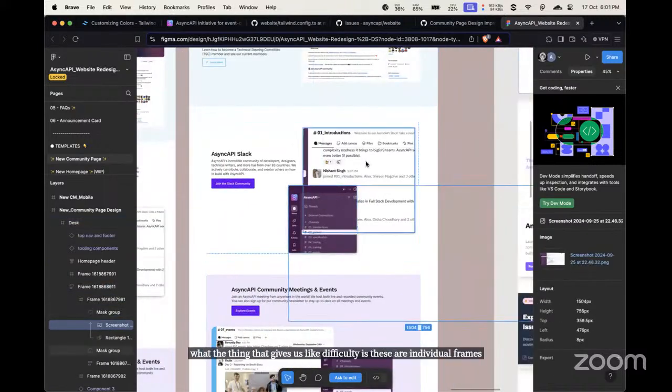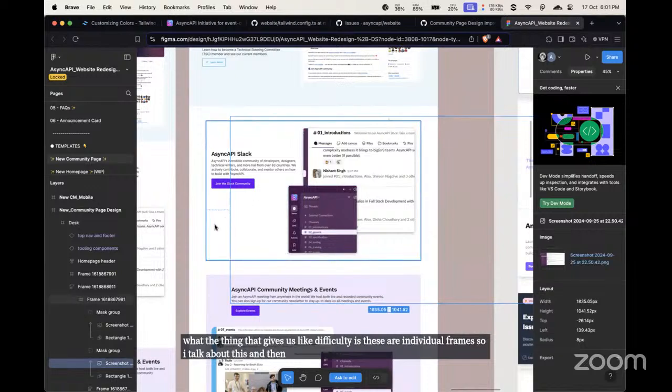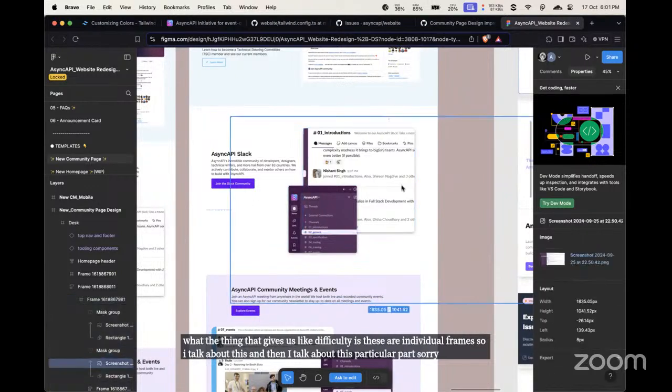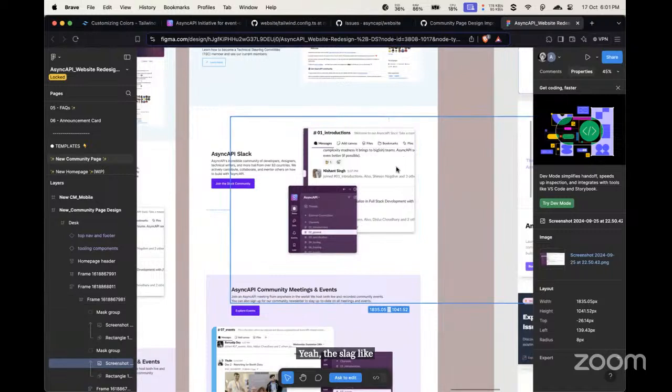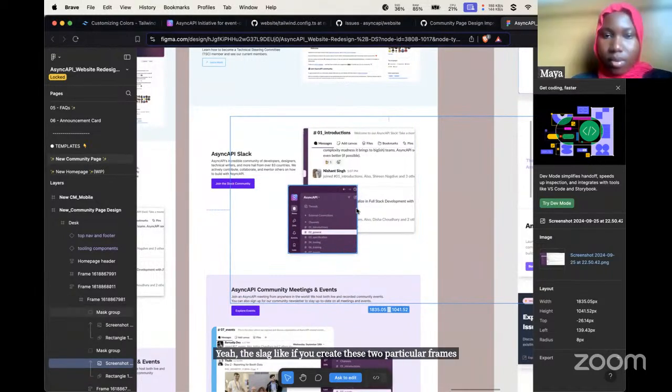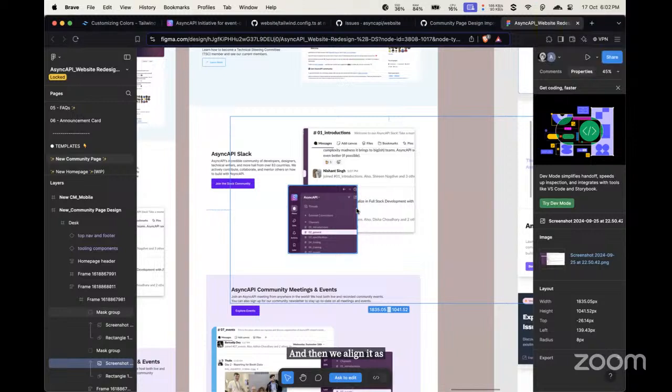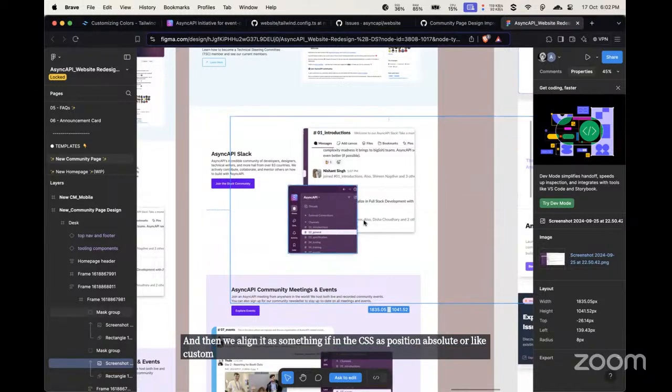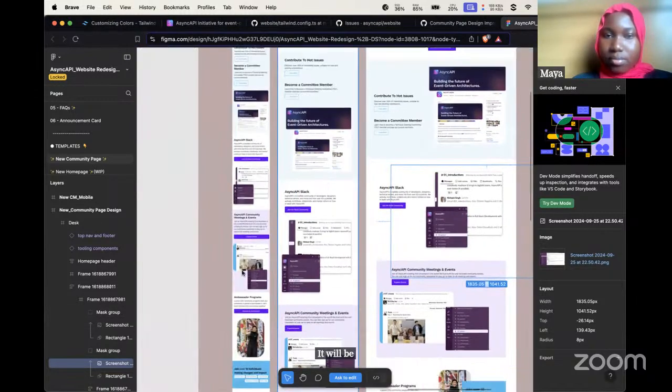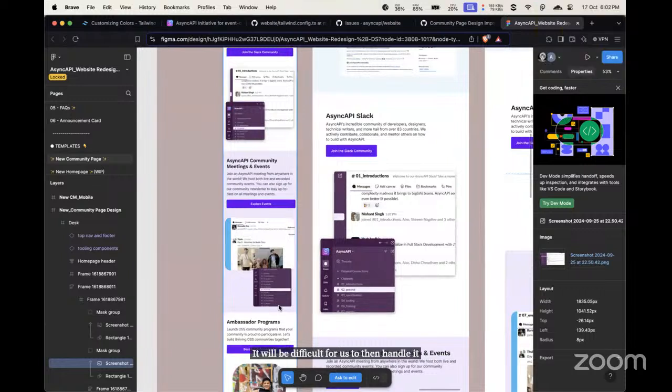If you create these two particular frames and then we align them in CSS with position absolute or custom placement, it will be difficult for us to handle it in the website.